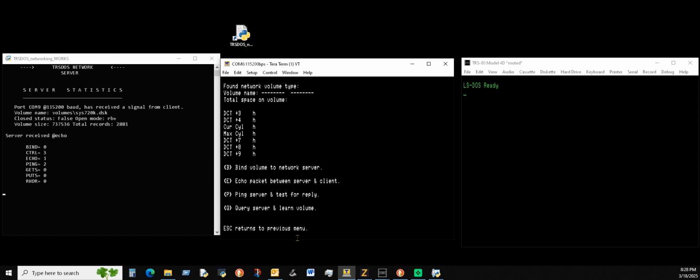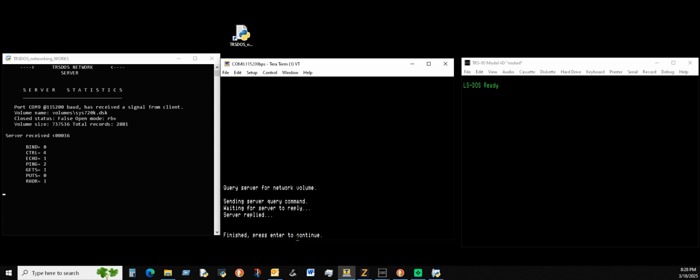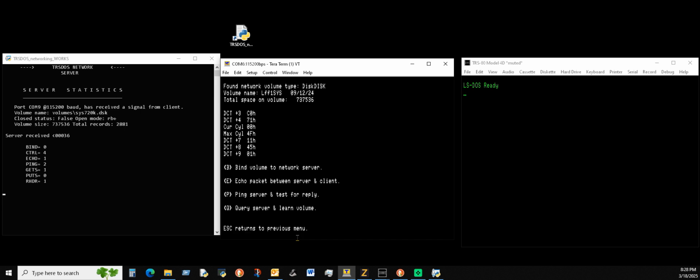Now at this point, I'll query the server, and it tells us the server replied. I'll press enter to continue, and now if you look at the top, it has a volume name, the date it was created, the total space on that volume, and some other parameters down through here, such as the cylinders, maximum cylinders, etc. You get the drive code table you can find in